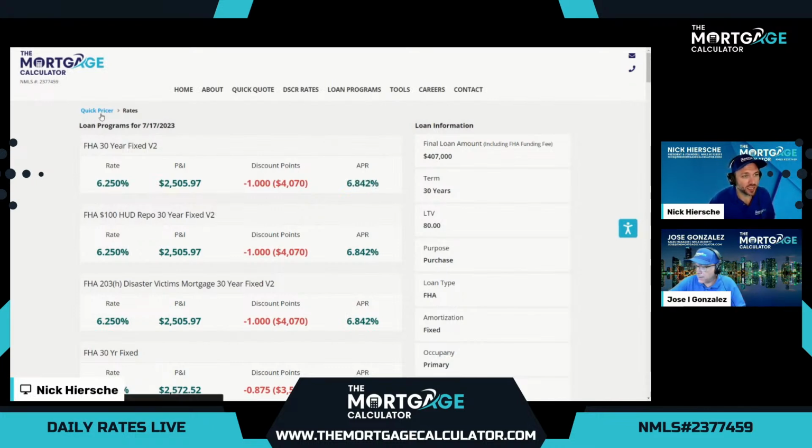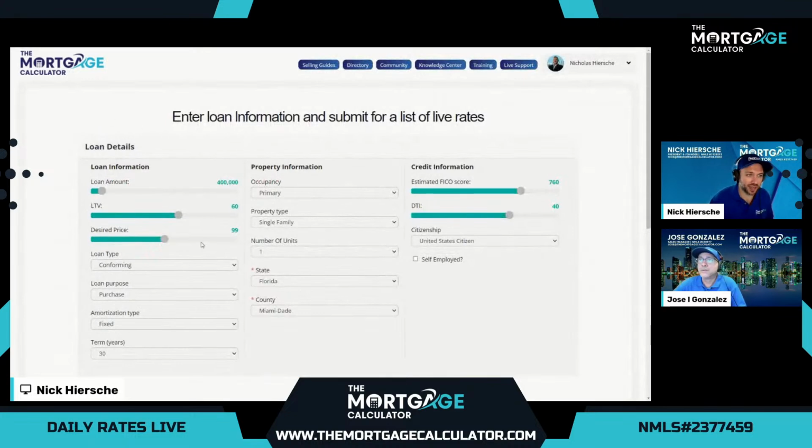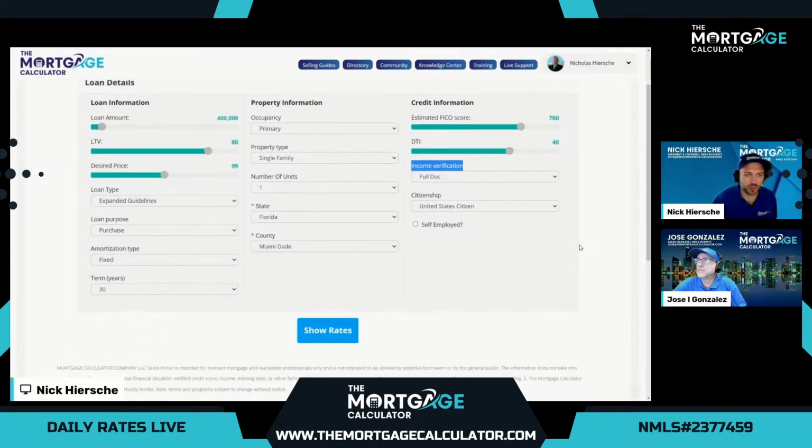Now, if our borrowers can't qualify for either, that's really where many other banks or lenders don't have other options, but that's really where we specialize here at the Mortgage Calculator with our expanded guidelines, also known as non-QM product offerings here. So everything else will stay exactly the same, but now we have a new option pop up, our